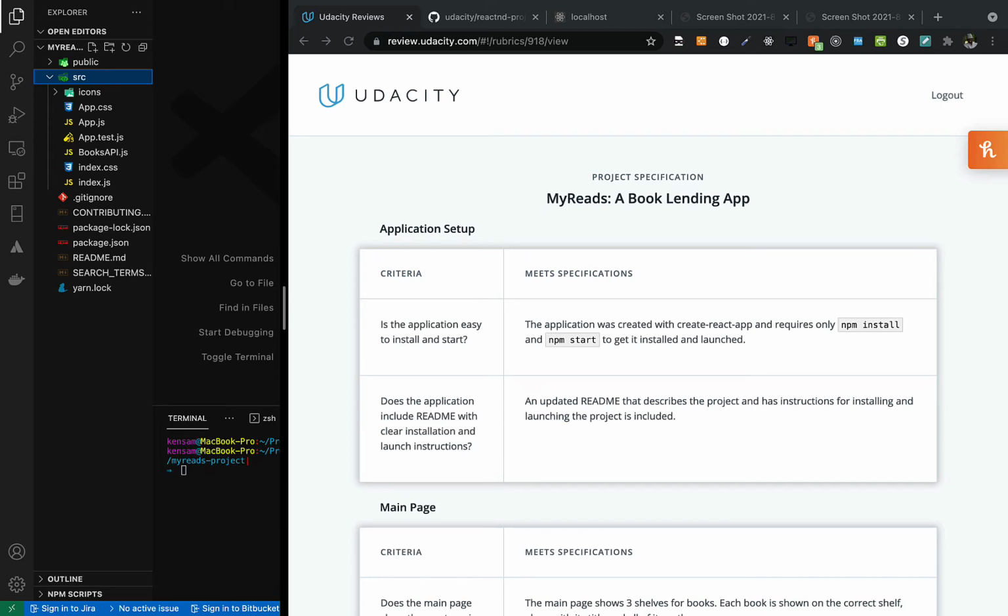Hello, I'm starting a new tutorial series based on Udacity's project called MyReads. It's a book lending app. I got a lot of requests from people asking me to explain different parts of the project, and I've decided to go ahead and revamp the previous tutorial that I created